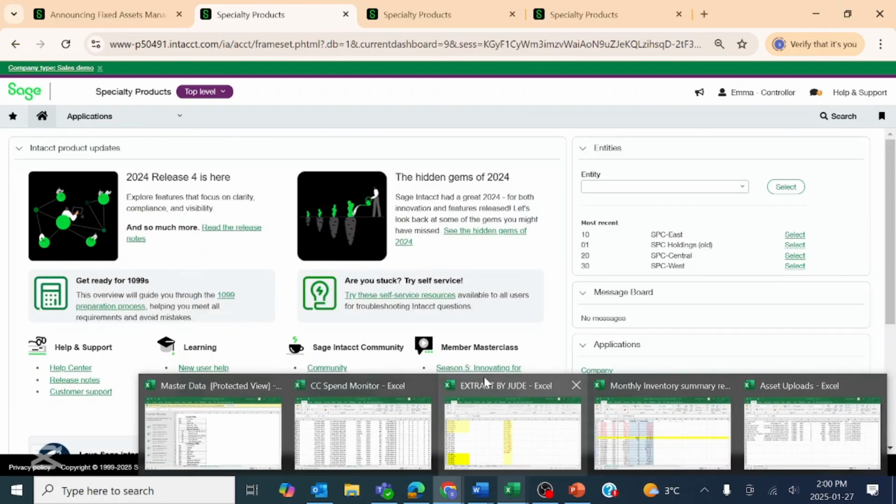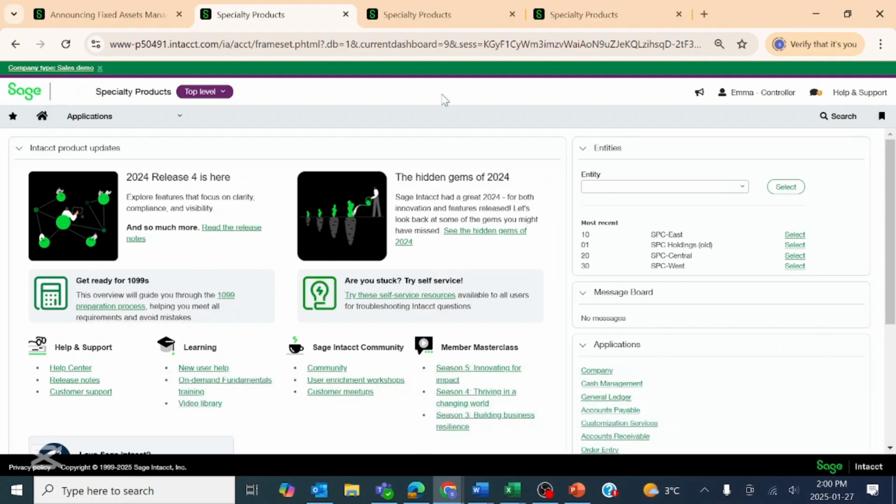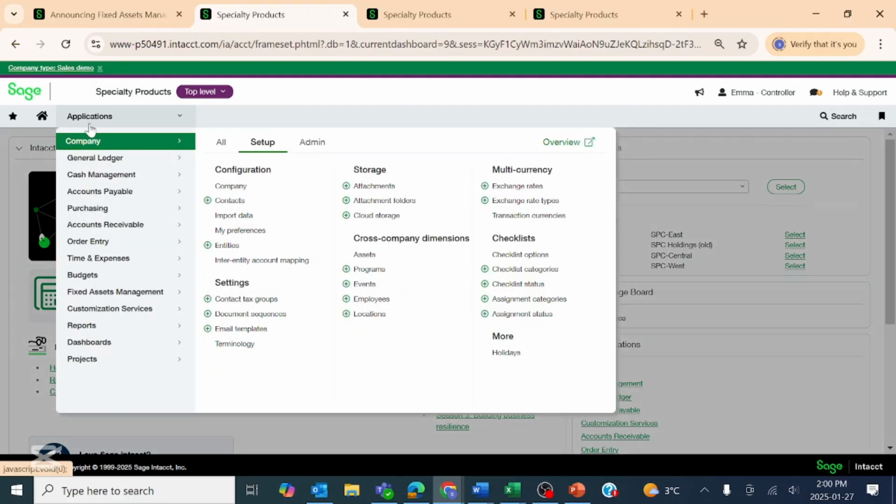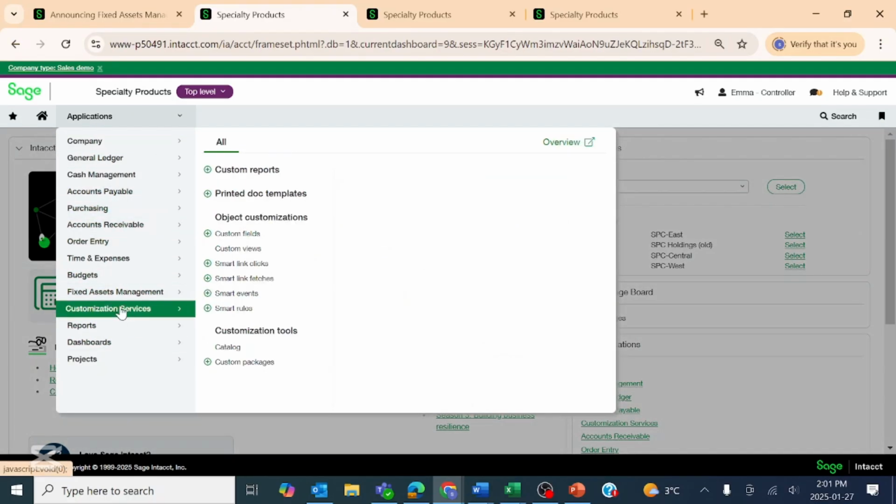The last item we'll be looking at is creating custom fields, but I would also show you a little bit about reporting using the custom report writer. I did create a number of fields. I'm not going to build the report from scratch. So if I wanted to create a custom field, say I wanted to be able to capture some kind of information, I would go to my customization services, or what you would see as custom services in certain areas, and